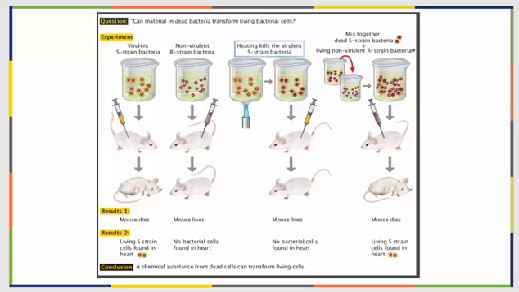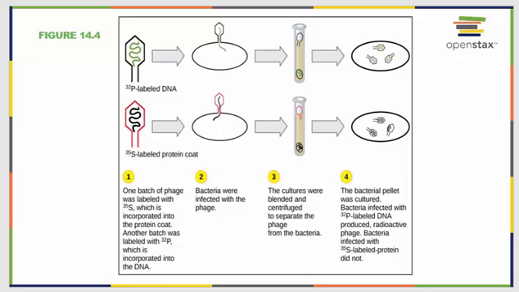When Griffith injected a mouse with a heat-killed S strain and a live R strain, the mouse died. The S strain was recovered from the dead mouse's heart cells. Thus, Griffith concluded that something had passed from the heat-killed S strain to the R strain, transforming R into S in the process. Another set of experiments that gave weight to the theory of DNA as a transforming principle was